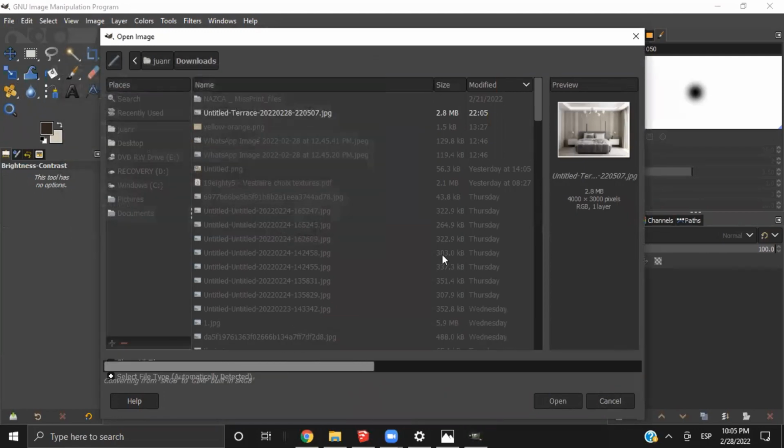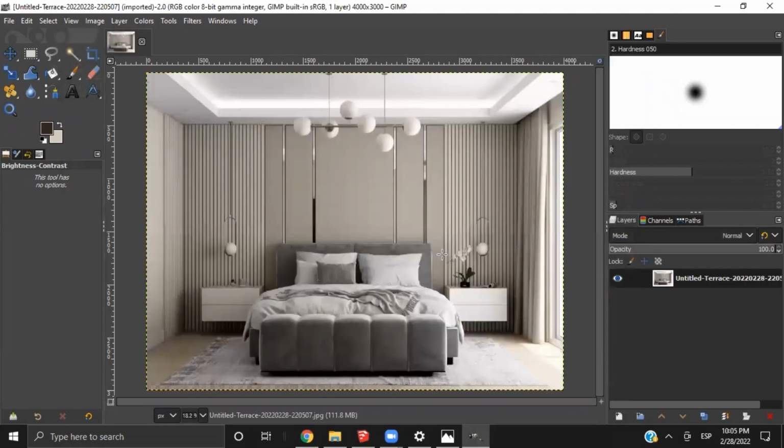Convert. Okay, now that we have the image that we took, the rendering that we did in the Coohom engine,